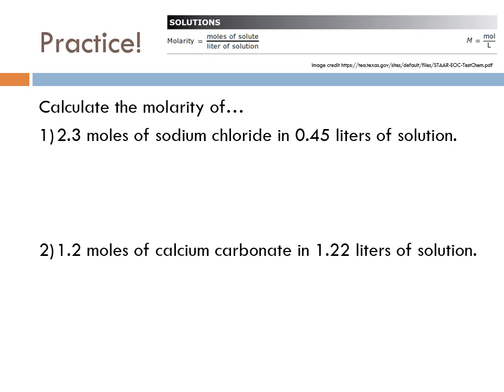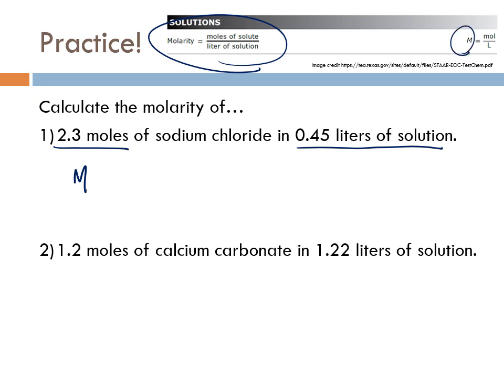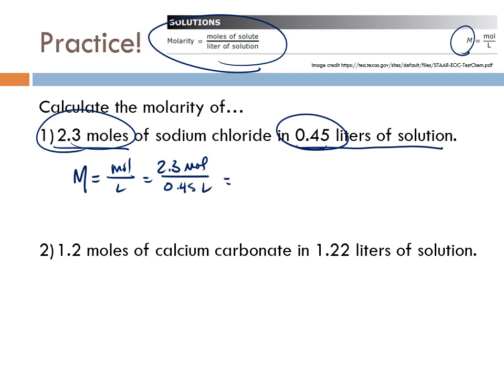Let's practice. So if I have 2.3 moles of sodium chloride dissolved in 0.45 liters of solution, I'm going to divide my moles of solute by my liters of solution. So molarity, and we use big M for molarity, will be moles over liters. I have 2.3 moles, and we have 0.45 liters. So all I have to do is divide here. Handy dandy calculator says 2.3 divided by 0.45 gives us